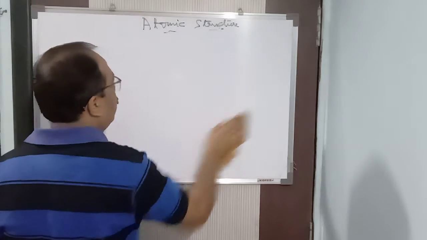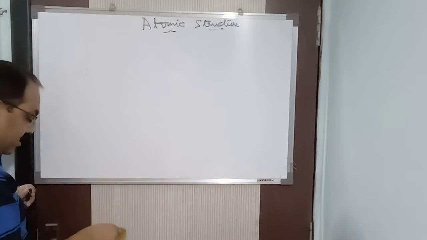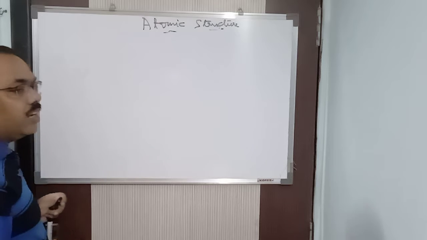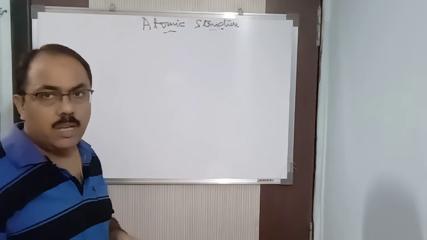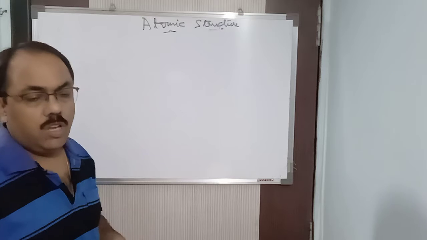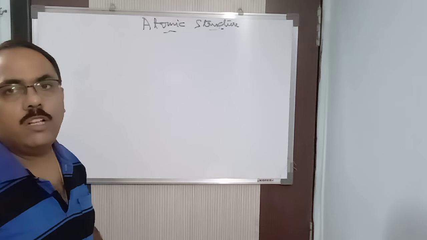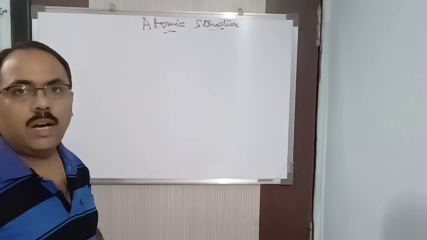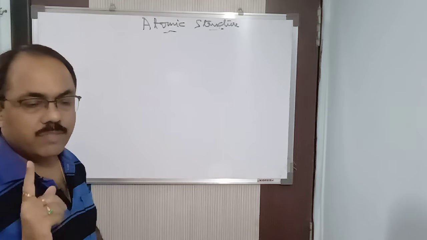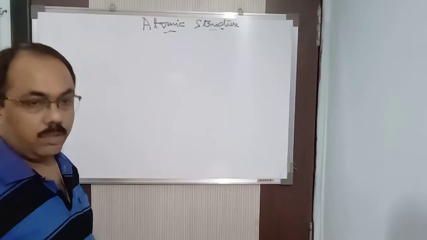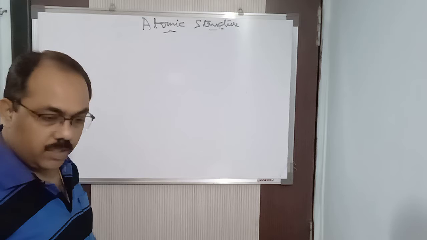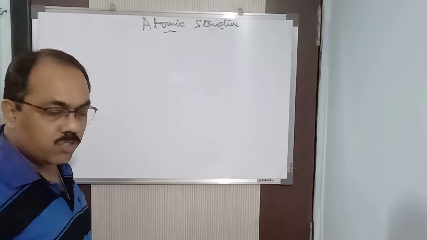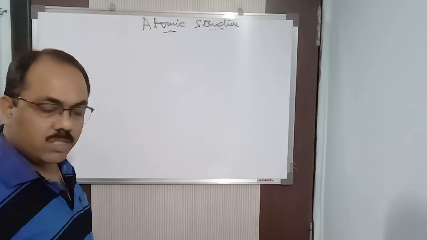Now, next is the valency. What is valency? I have told you once again, and let me repeat. Valency means it is the combining capacity of an element. So, valency, how do you find it out? For example, if an atom has got 1, 2 or 3 electrons in the outermost shell, its valency is also 1, 2, 3 because it will lose that much. If it is having 1 electron in the outermost shell, it is going to lose 1 electron. So, its valency is also 1.